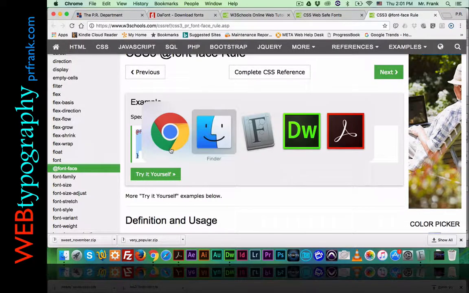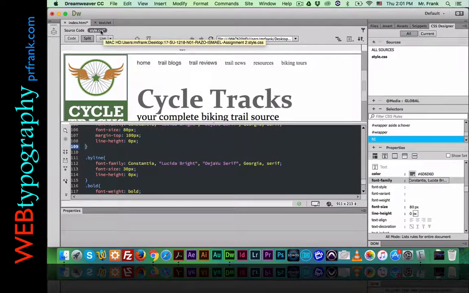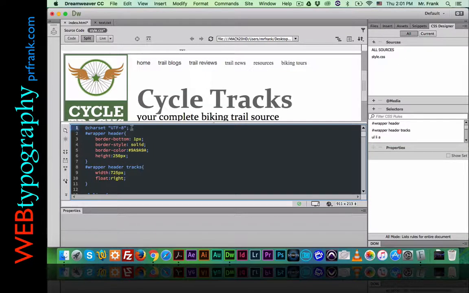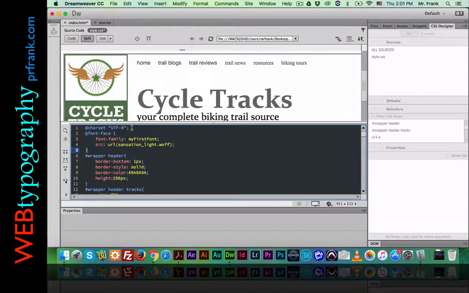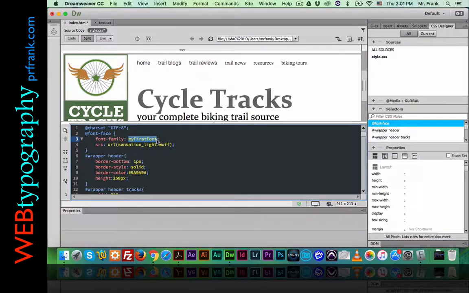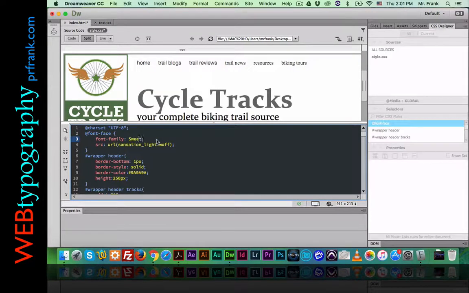I'm going to come back over into Dreamweaver. I'm going to go to my style sheet. Let's go to the very top. That way it loads before all the rest. Just put the @font-face in there, and we want font-family. That first one is going to be called Sweet November, so let's just call it Sweet November. Okay, and we got to tell it where it is. Sweet November is in my fonts folder, and it is called Sweet November